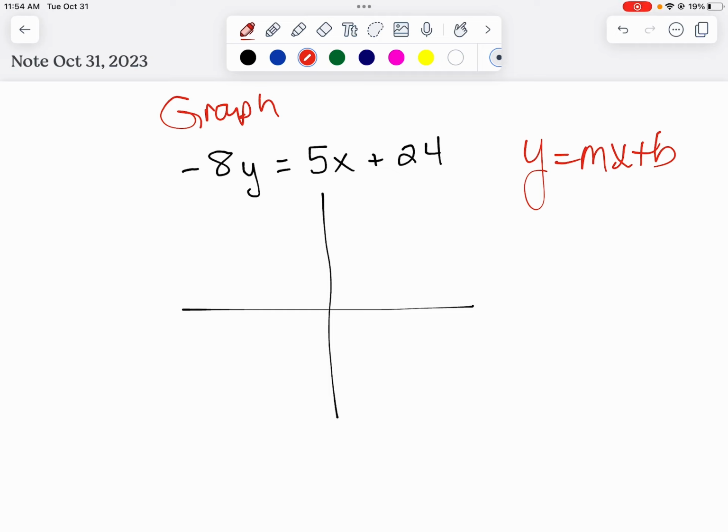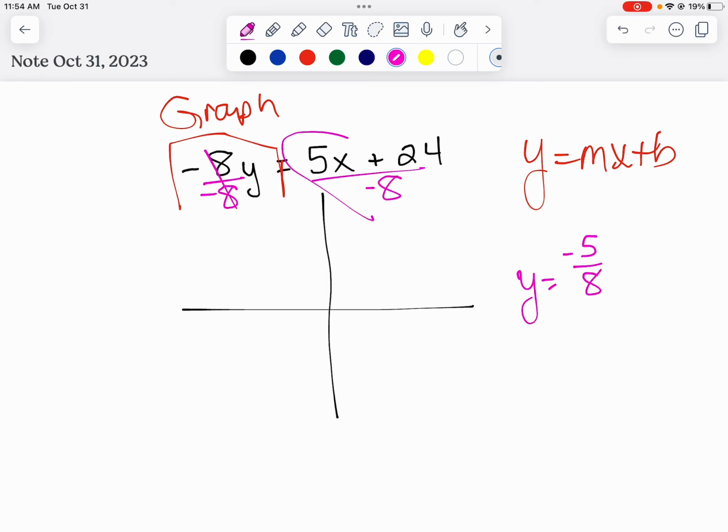But if you notice, if this is the house here, right? The x is already out of the house. So all we have is one step here, and we just need to get rid of this -8. So we're gonna divide by -8, divide by -8. And I make my heart, and then so I get y equals